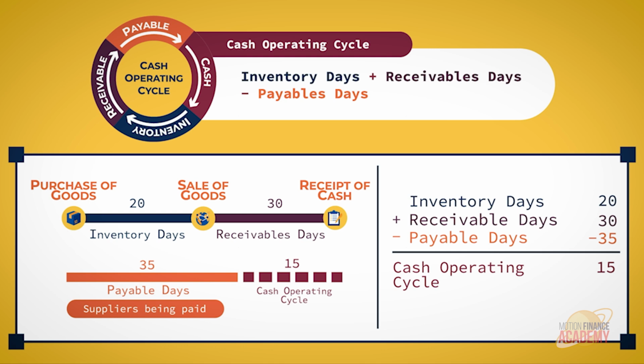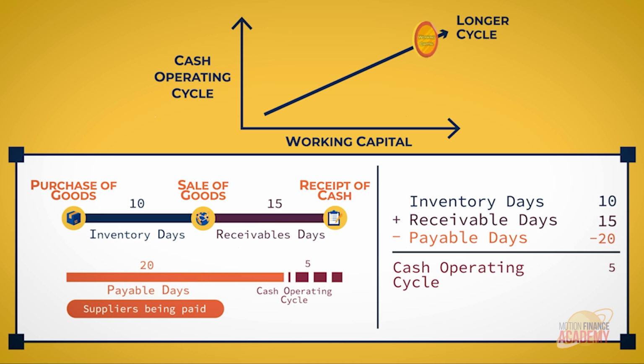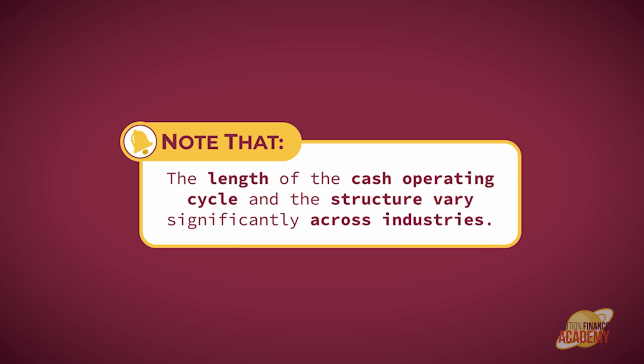A longer cycle due to slow-moving inventory, delayed customer payments, or early supplier payments results in a higher investment in working capital. A shorter cycle driven by fast inventory turnover, prompt collections, or extended payment terms reduces the need for working capital. You need to keep in mind that the length of this cycle and even its structure vary significantly